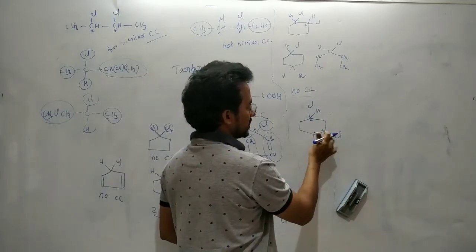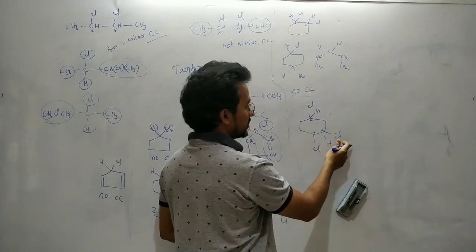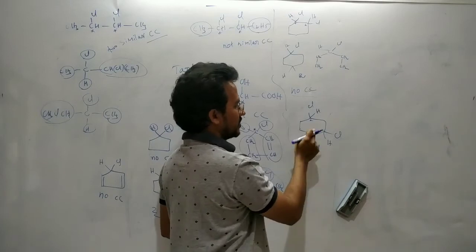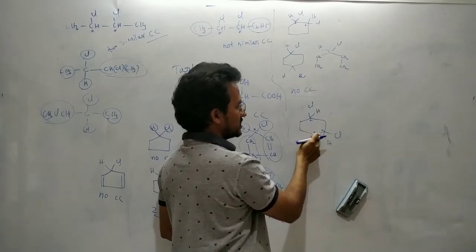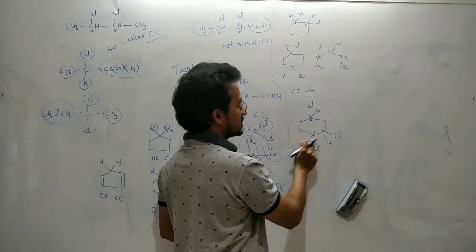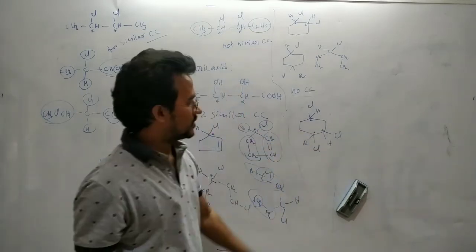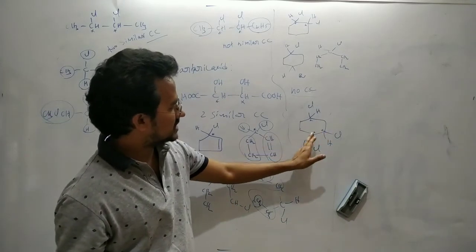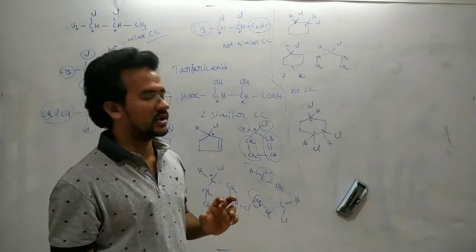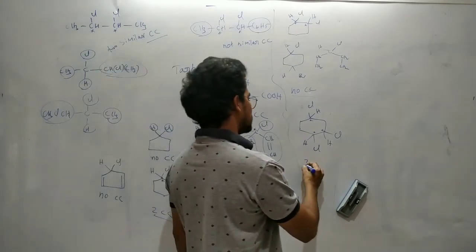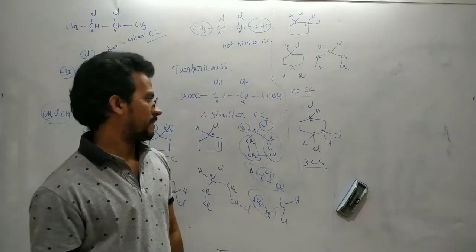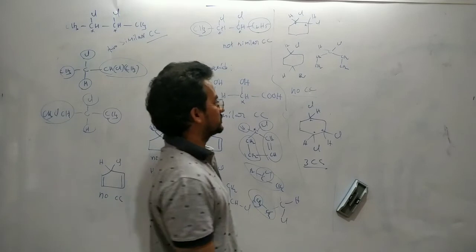Next coming to this one. This carbon is attached to hydrogen, chlorine, a CH2, CHCl. Again different. Now consider this one. Here, this carbon is attached to hydrogen, chlorine, and this one is attached to CHCl, CH2. On this side CHCl, on this side CH2. So this carbon has 4 different groups on itself. So here, this one has 3 chiral carbons. Okay, that's it.